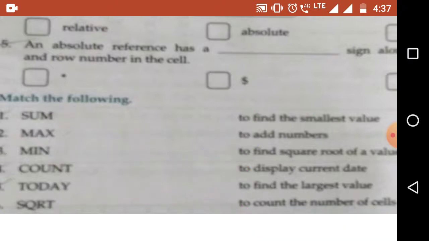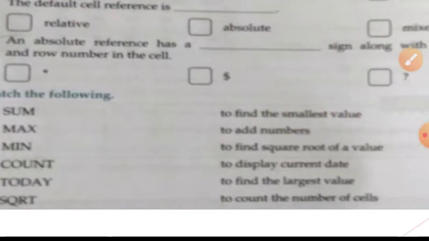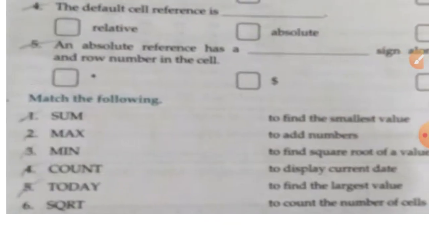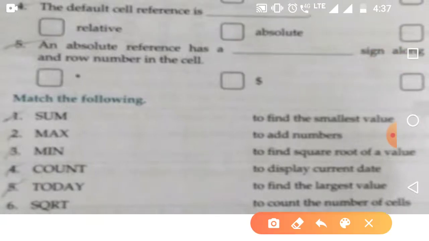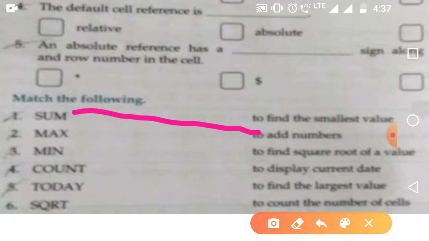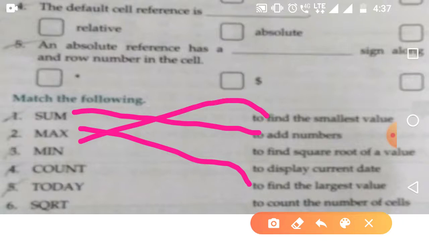You understood? Again I am repeating. Sum means to add numbers. Max means to find the largest number. Min means to find the smallest number. Count means to count the number of cells.